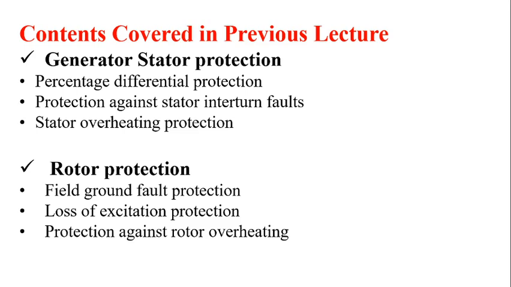In percentage differential protection, depending upon the polarity of the CTs, under normal operating conditions the currents flowing through the operating coil will be in opposite directions, hence cancel each other. So the relay is not going to operate. Under faulty conditions, the currents flowing in the operating coil from the CT of that respective phase are going to be in the same direction. So the difference between those two is going to energize the tripping coil of the relay.